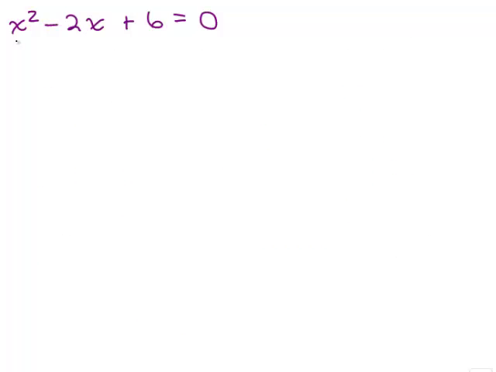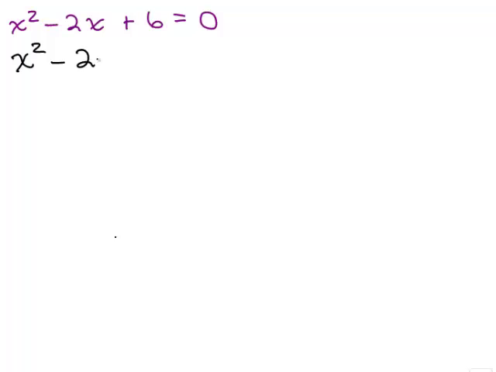Now, I want to go back to solving this quadratic equation. Notice I did not even need to put it in the quadratic formula, because once I found out the discriminant was negative, I know there are no real solutions, and that means there are no x-intercepts. The other way you could have done this, for those of you who prefer to complete the square, is